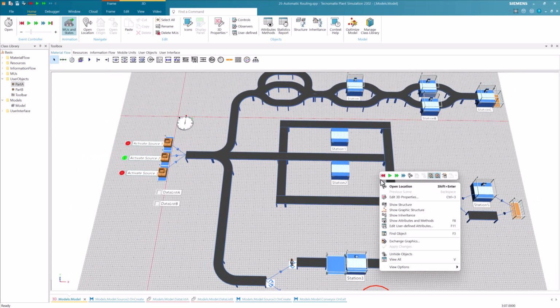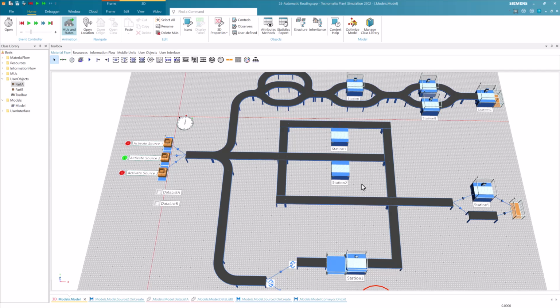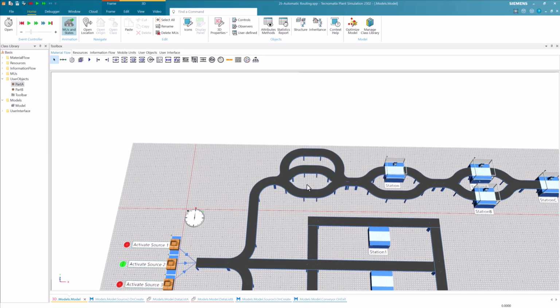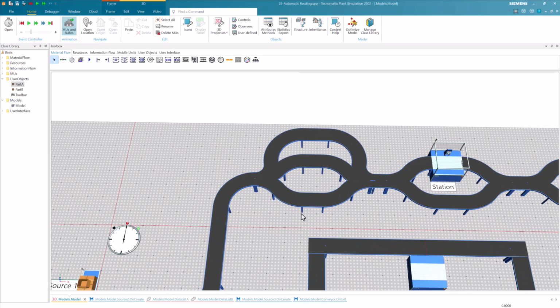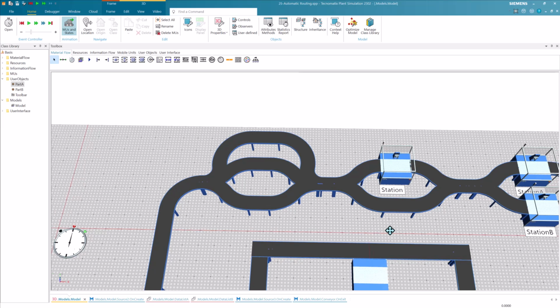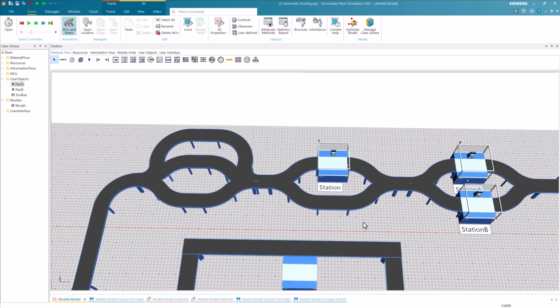So far, we have only shown automatic routing for parts. The same rules that we have shown also apply to the container. These rules apply to the AGV as well, but there are two exceptions. The first one is that when the successor tracks are of same length, the AGVs will be moved to always the same track, which was not the case for the parts. Secondly, AGVs will never take routes which contain stations, even when a waiting attribute is used. With this, our video on automatic routing is concluded.